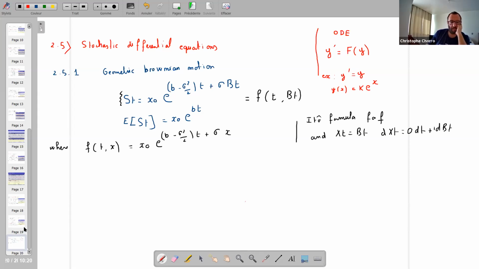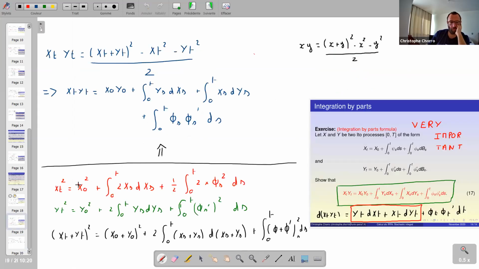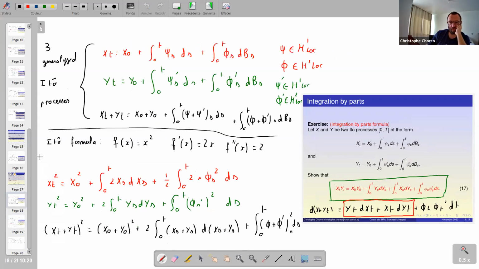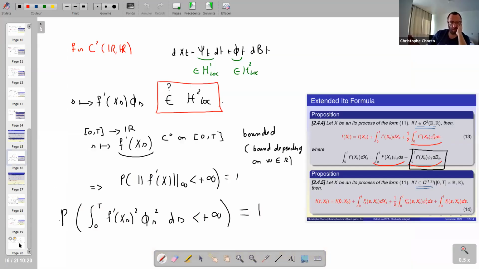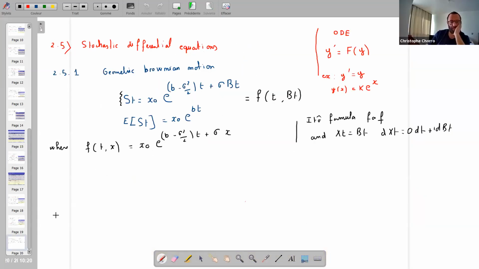So if I apply this Ito formula, I obtain what? I obtain the following: f of t and of B_t is equal to f of 0 and B_0, okay,